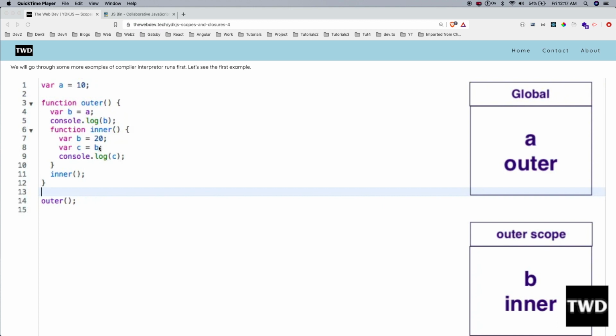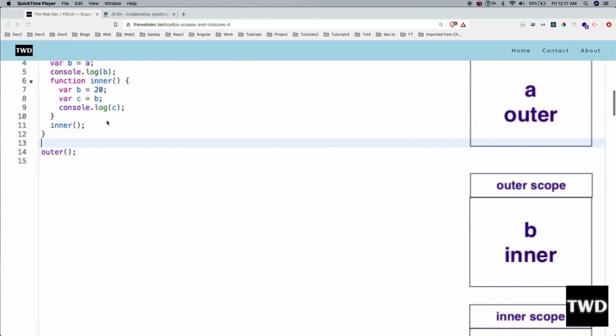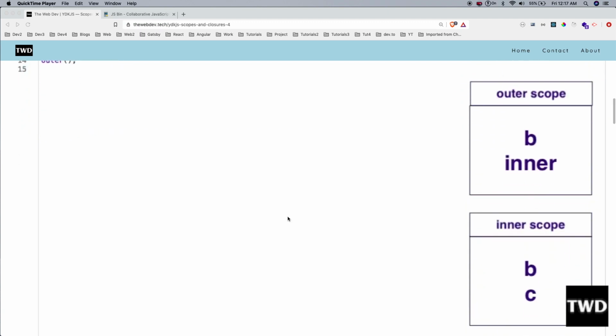Then it ignores lines 6 to 9 and comes to line 11, where there is an execution. It executes line 11, then goes to line 6. Here it first looks for b in whichever scope the interpreter is in. It asks the compiler whether b is in the inner scope.